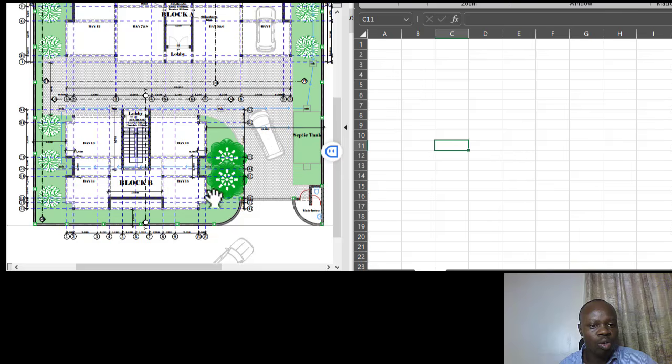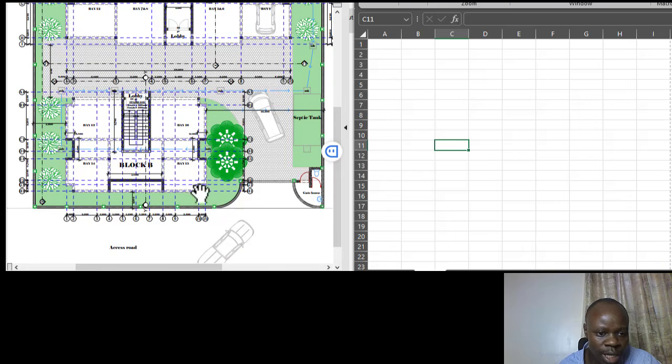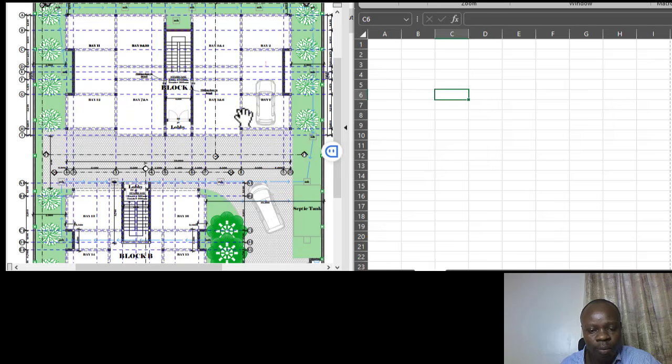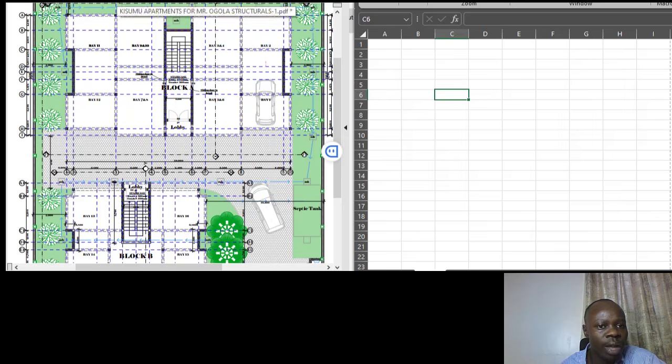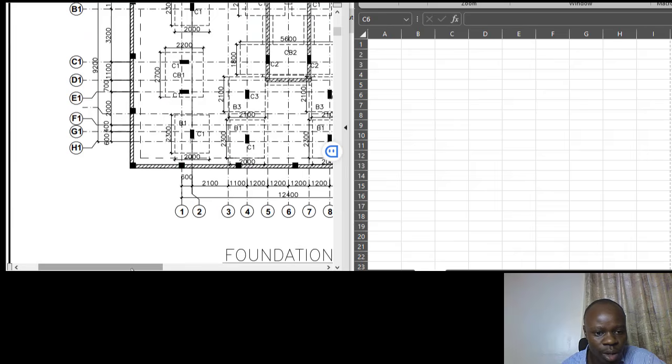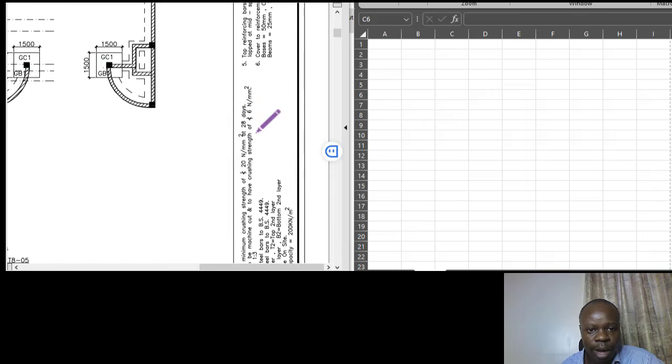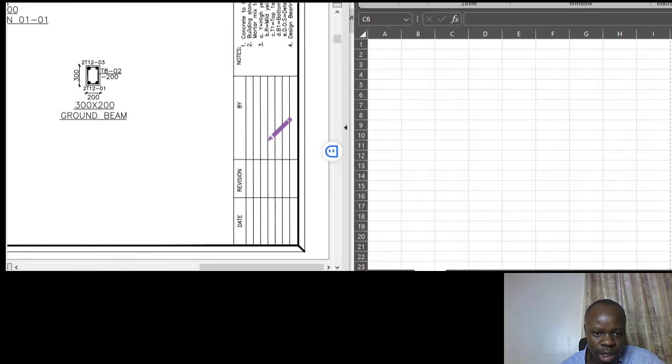Your title, I've told you, when you have your architectural plan, go to the right corner or the bottom corner and be able to read the details of that particular plan. Okay, so from what is here, you are able to see that the plan is for so and so, and the development is this and this. So once you have that, read what is available there. So for instance, in this case, the plan that you are using, you'll read from this. Okay, so you will just indicate, just for example purposes,